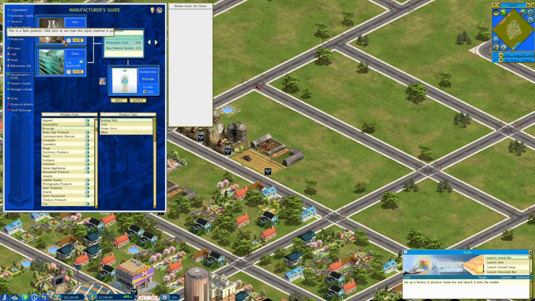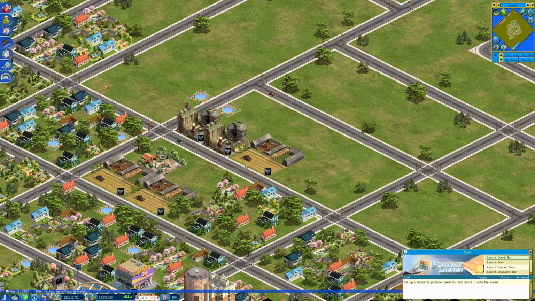So yeah, I need milk, which is what I was producing, but I wasn't getting it far enough to bottled milk via the glass. So I just scrapped milk altogether and replaced it with eggs, because eggs are a finished product. So my recommendation is, if you pick up this game, the first thing that you want to do,